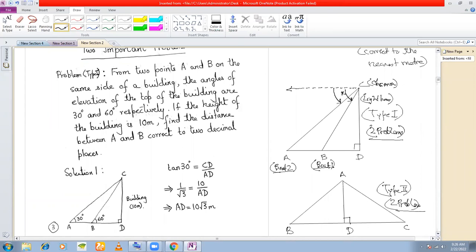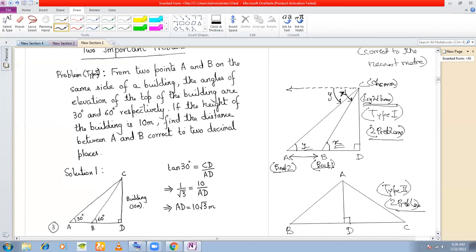Now, if suppose this angle is given, X angle is given, then this angle must be equal to this angle because they are alternate angles. And if this angle will also be given, the angle of depression, this angle will be equal to this because they are alternate angles, right? So now, once you know these two angles, with the help of tan, you will be able to find out the height of the lighthouse, or you will also be able to find out the distance between the boats. So two kinds of problems you will get.